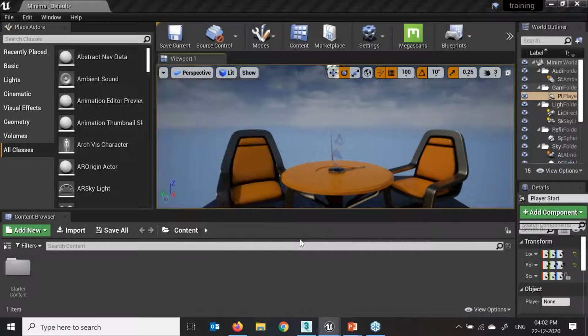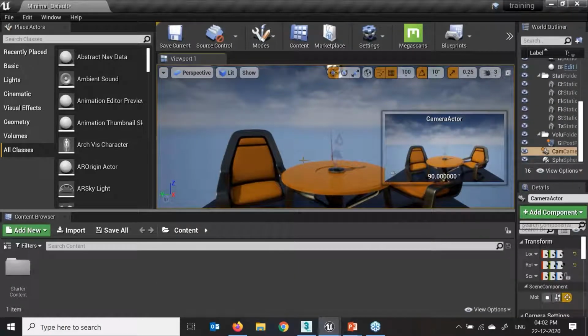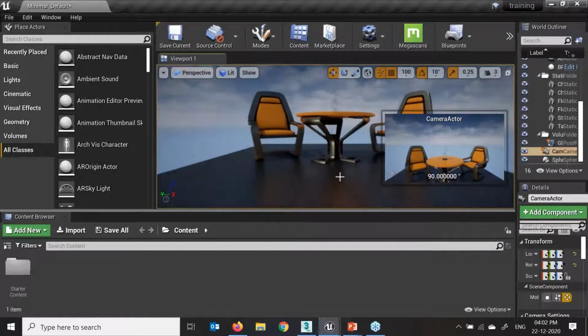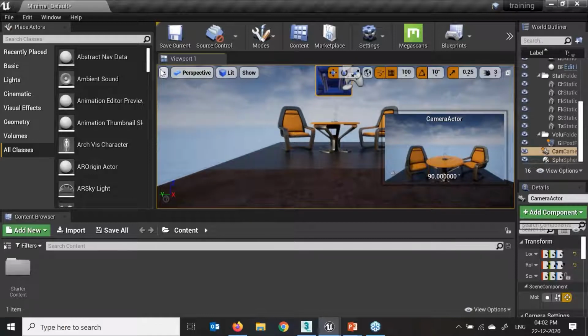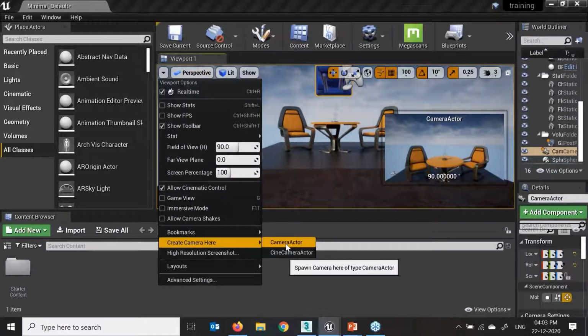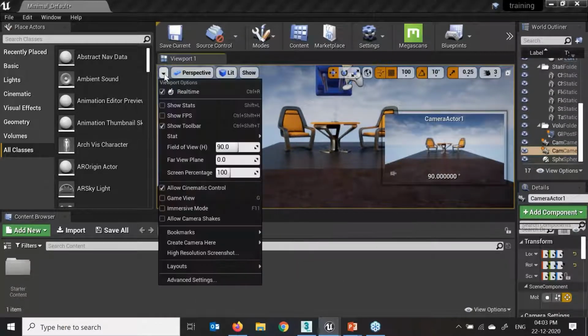If I say camera actor over here, now this will be my camera view. After clicking on that, I can see this is my camera view over here. If I just rotate or just scale it, again I'll click over here and just say camera view, camera actors, correct. So here we are getting these different options like how it's going to look in our camera. A little bit small window will pop up over here.